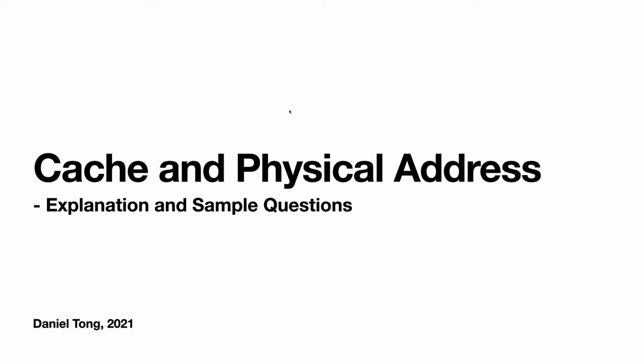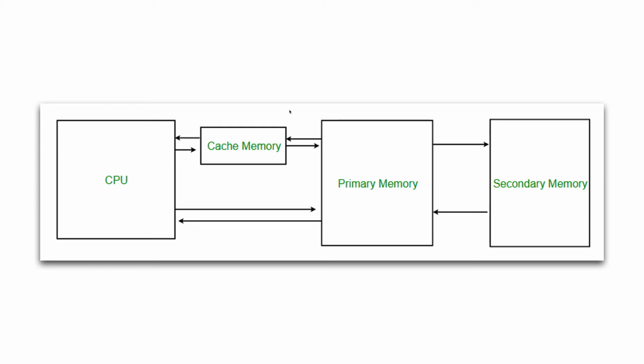So let's talk about the physical address and the cache today. Cache memory is a special, very high-speed memory. It is used to speed up and synchronize with the high-speed CPU. Cache memory is costlier than main memory or disk memory, but economical